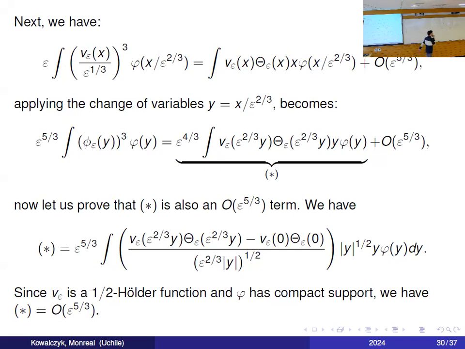Let's go a little bit slow here. On the right-hand side, we have this big O of epsilon. So we can show that this part here is also big O of epsilon to the power of 5/3. We're going to get a uniform estimate. It depends on phi, which is a compactly supported function, but we can use a bump function. So we get a uniform estimate in this case in L3 for this.